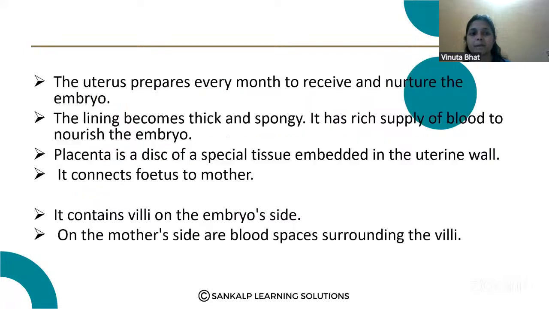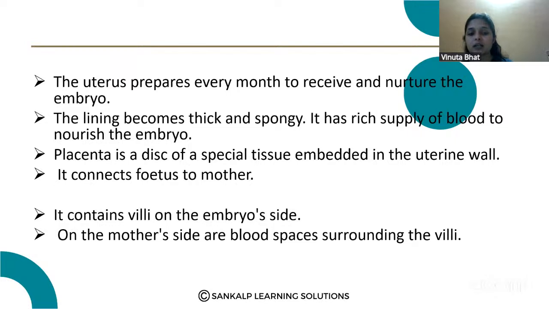Here, the uterus prepares every month to receive and nurture the embryo. The lining of the uterus becomes thick and spongy. It has a rich supply of blood to nourish the embryo. And the placenta is the tissue embedded in the uterine wall which helps in the nourishment of the embryo, and it connects the fetus to the mother, and it contains villi on the embryo's side,